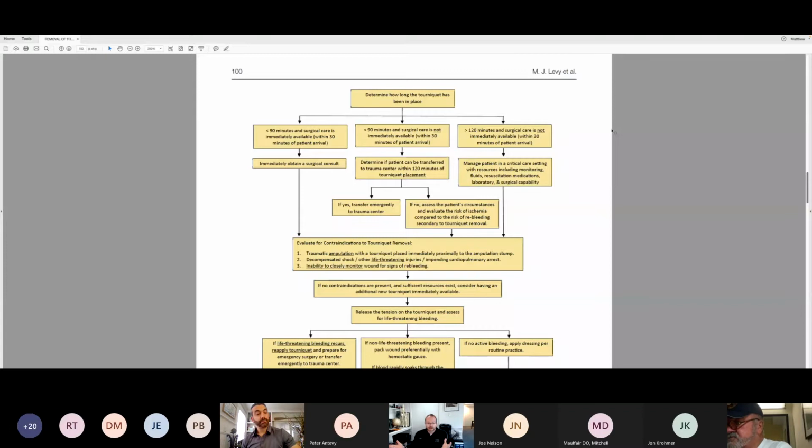But many shops around the country and around the world don't have a surgeon in-house, right? And so what do you do when you're in that boat? And that's really, I think, the meat of the article. But before I jump down to that middle part, that 90 minutes where surgical care is not available,